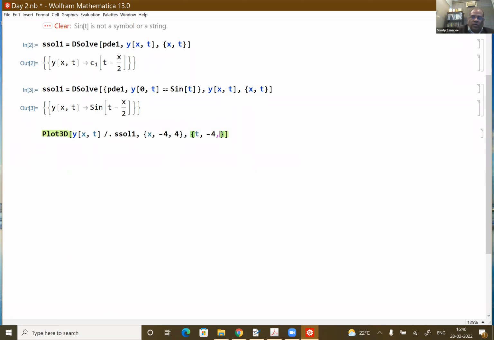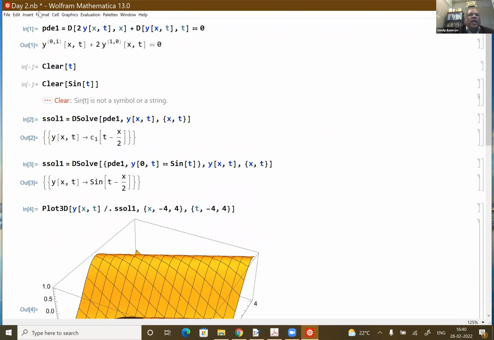Okay. So a few things you need to know now. As you see, I have changed this file. I opened a new file. So what happens is,